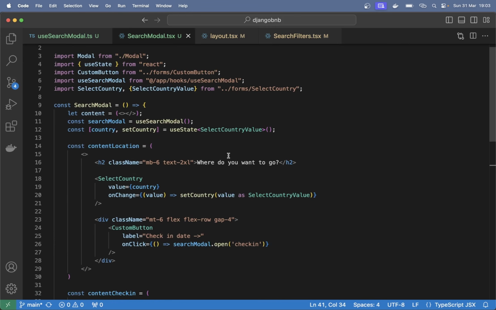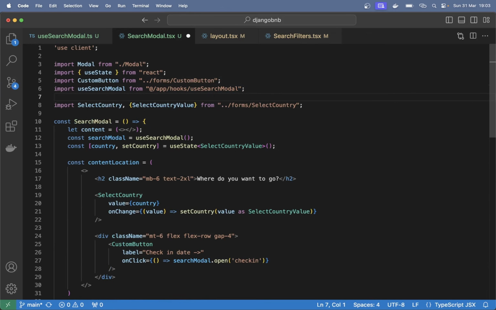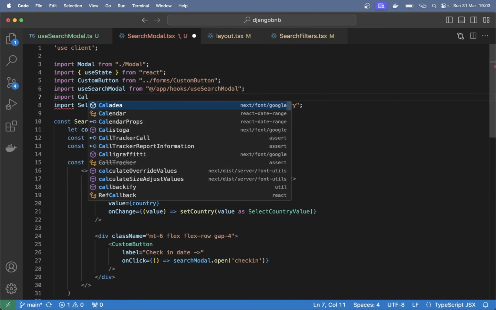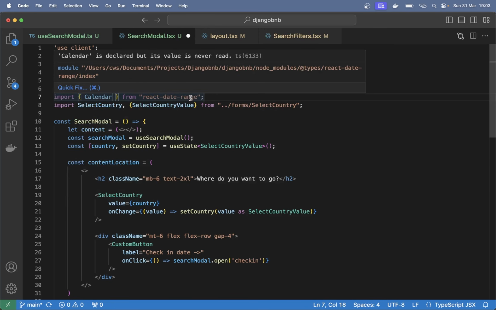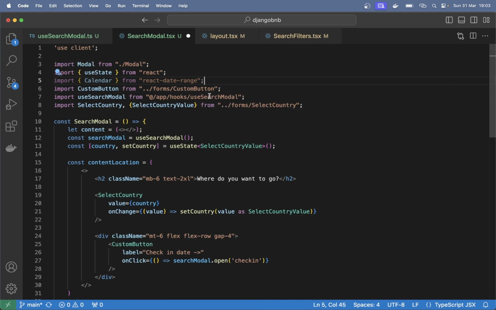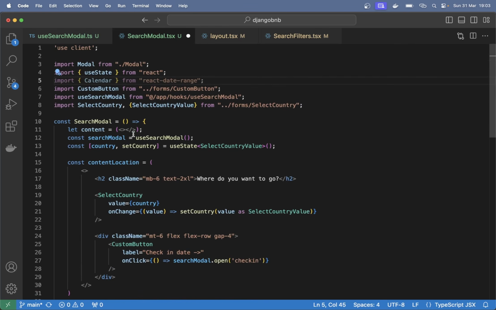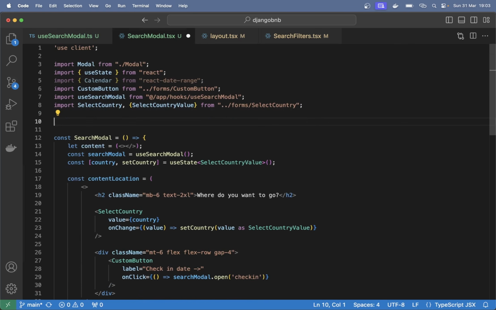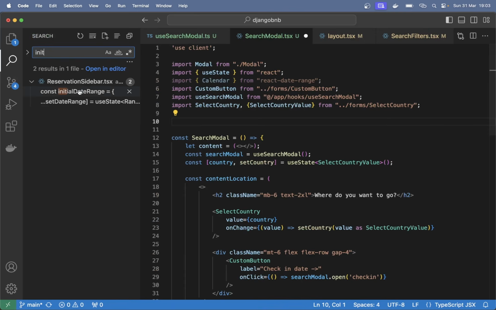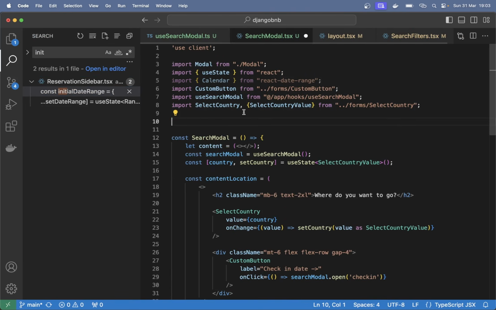We also have created a calendar widget that we used for the booking, so we can import that and reuse it. Import calendar from daterange. So it didn't actually create that, but we're going to use this. So move it up there just so we have it nicely as this. And for using this we need to specify a few variables. We need to set the initial date range. I think I have this on the reservation sidebar, so let me just copy these 5 lines, paste it,